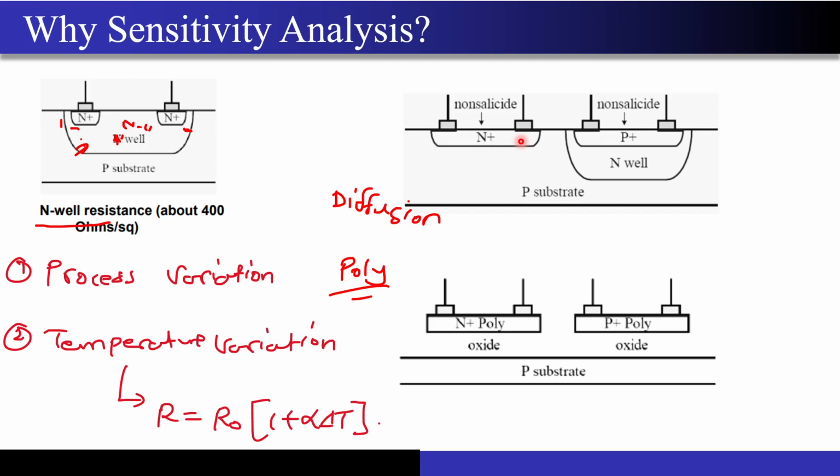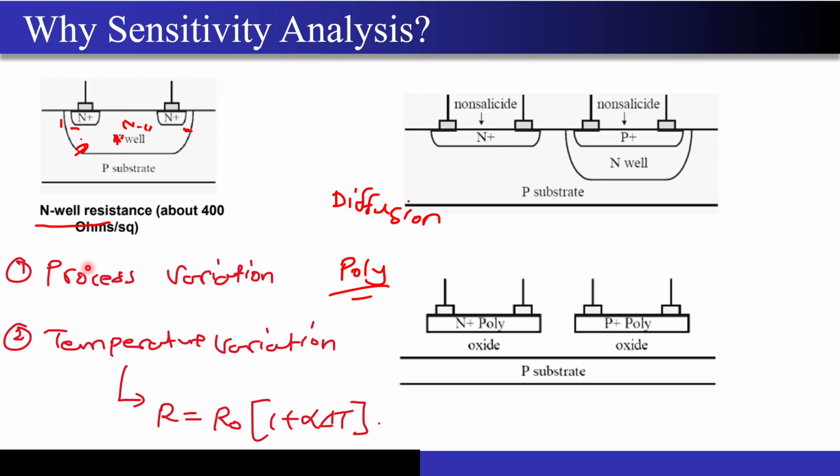Apart from this, what is the other variation? See, these are materials, right? And what you have studied in your high school physics, each and every material has something called a coefficient of thermal expansion, right? Now if you have a particular change in temperature, if you apply this particular formula, you can see that your resistance is going to depend on the temperature, right? And this is the dopant material that you have. So what is the dopant material for silicon? It's phosphorus, right? So because of the temperature variations that may happen, you will see, because of this expression, a change in the resistance.